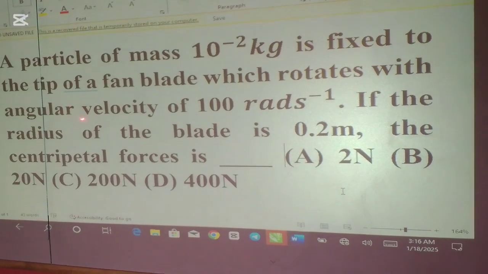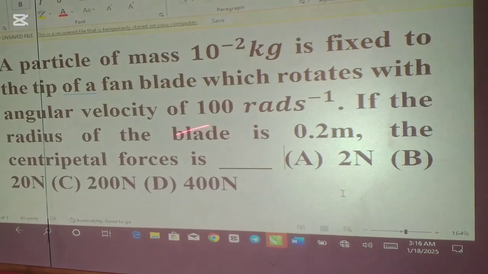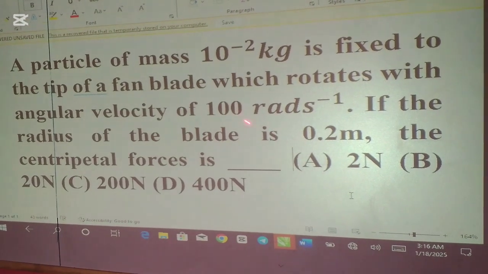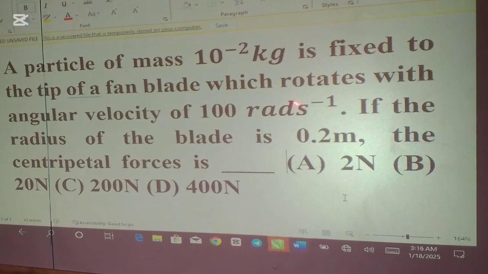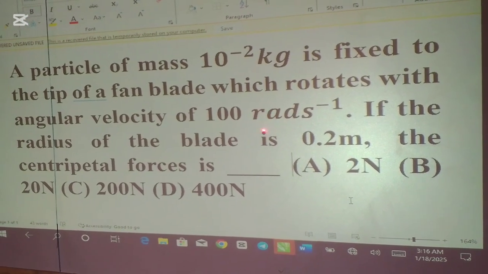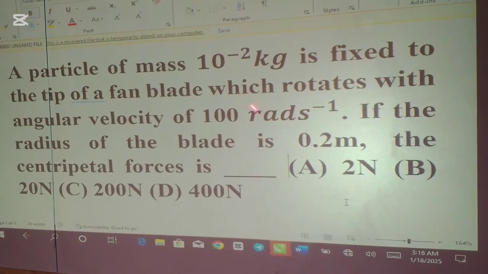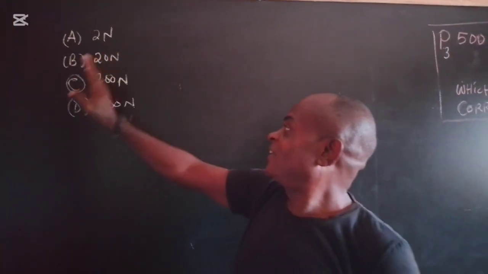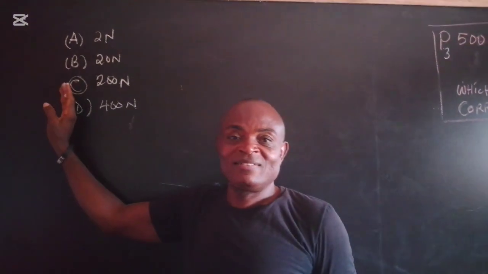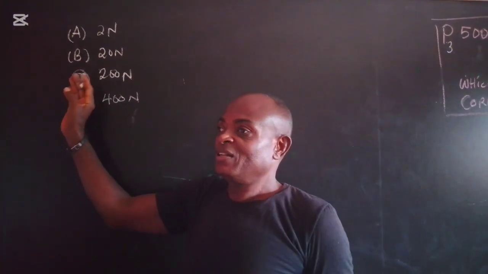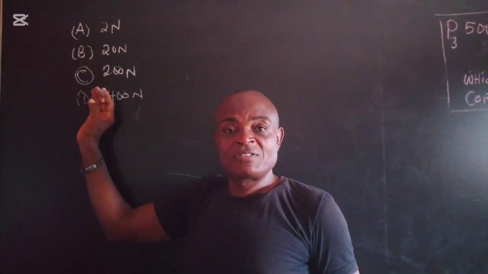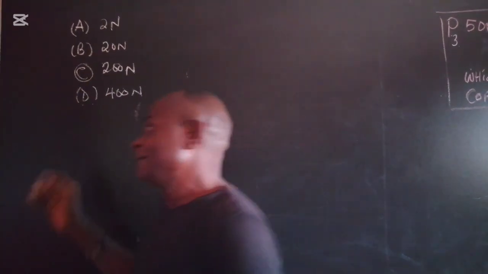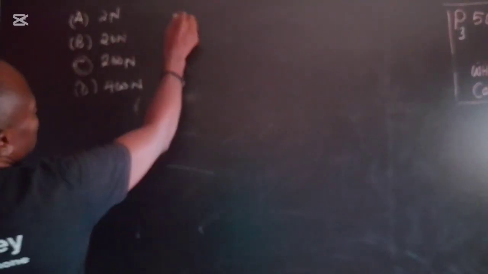Now, this question has to do with centripetal force, from simple harmonic motion. So let's go to the classroom and see how we can suggest a solution to this question. This is another question that is very comfortable. Students are supposed to be very comfortable with this. So we're told that we should